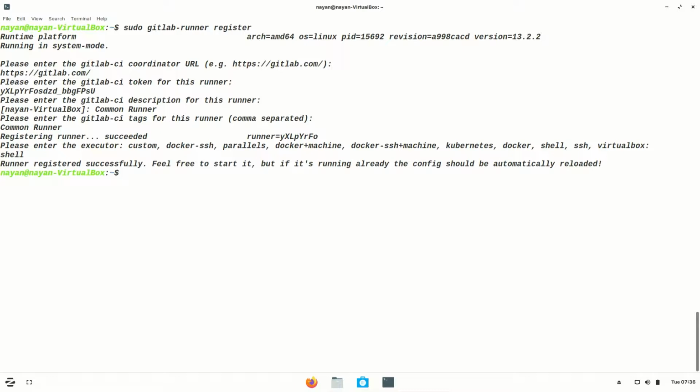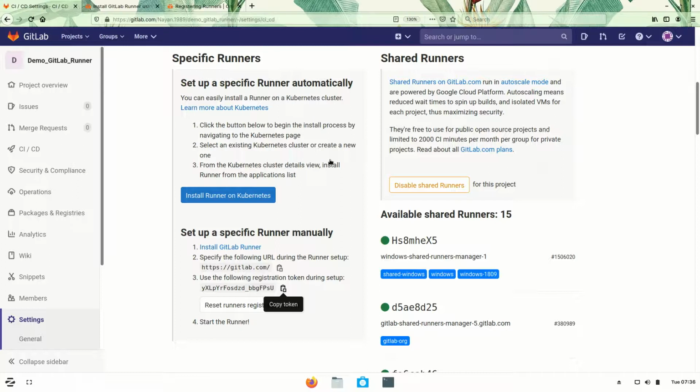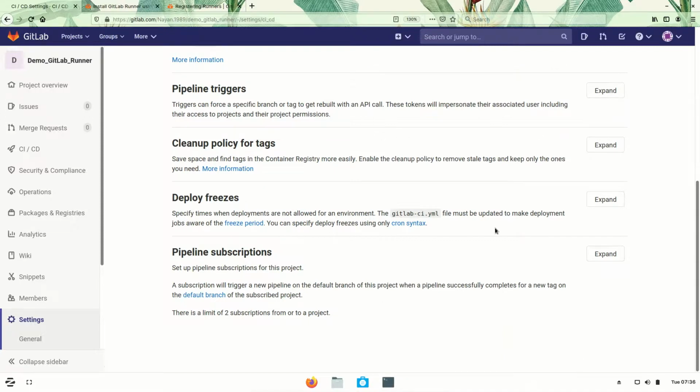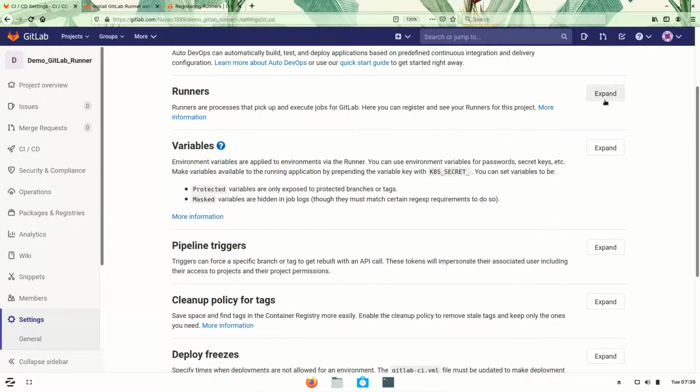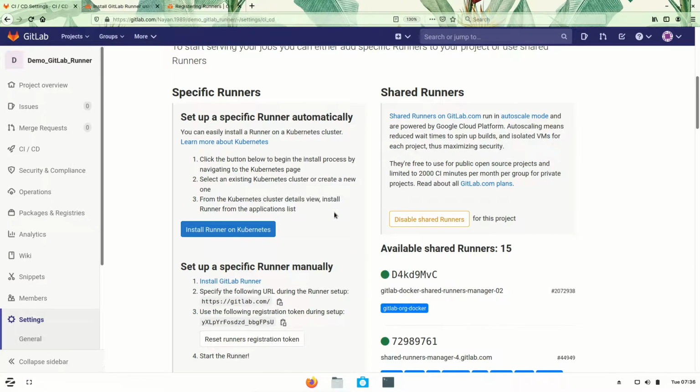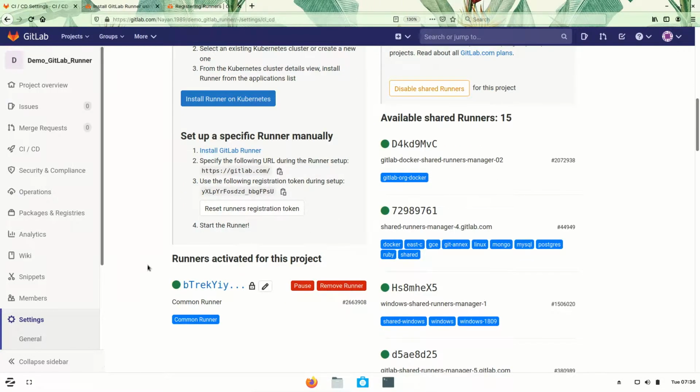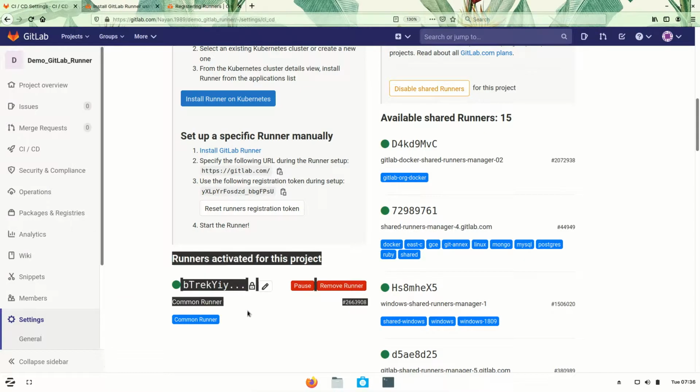Okay, now my GitLab runner has been successfully registered. If you go to this screen and refresh it, you will get that runner over here. Expand the specific runners, and now you can see that the runner is activated and mentioned over here.